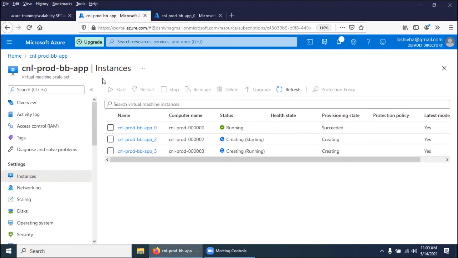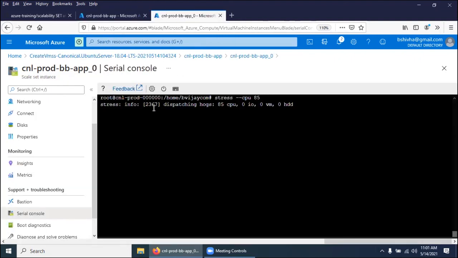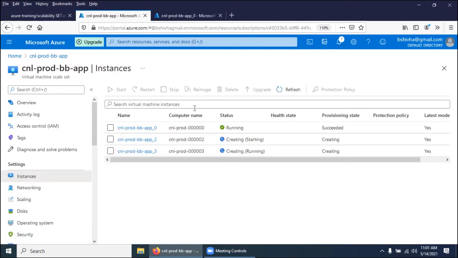After all these training sessions, we'll start with each architecture, its behavior, and how to design it. So in a nutshell, now we increase the machines based on the load. We created with 1, we gave a CPU load of around 85%, but the rule was 75% to trigger. So it started. Let's keep refreshing. Yes, started running. So this is how you need to handle a virtual machine scale set. Stay tuned. We will see it in further sessions.